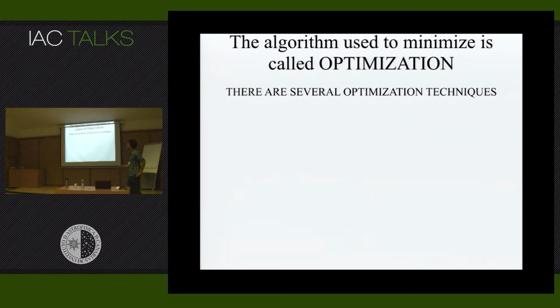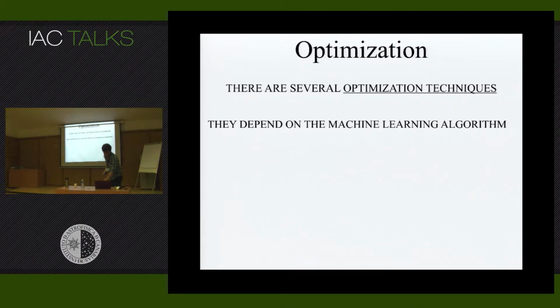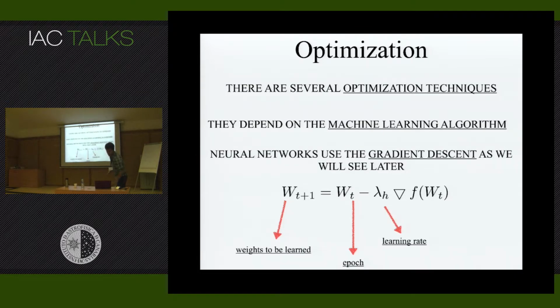Now, the part where you have a loss that you want to minimize, and then the second ingredient is optimization or minimization. For us astronomers, minimization is the term that we know more. But basically, you need an algorithm to find the weights that minimize the loss. And the algorithms that you will use depend, again, on the machine learning algorithm and what function we're trying to minimize.